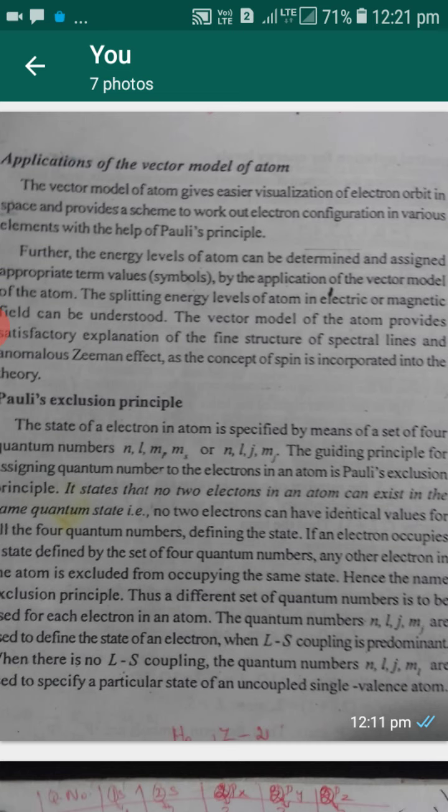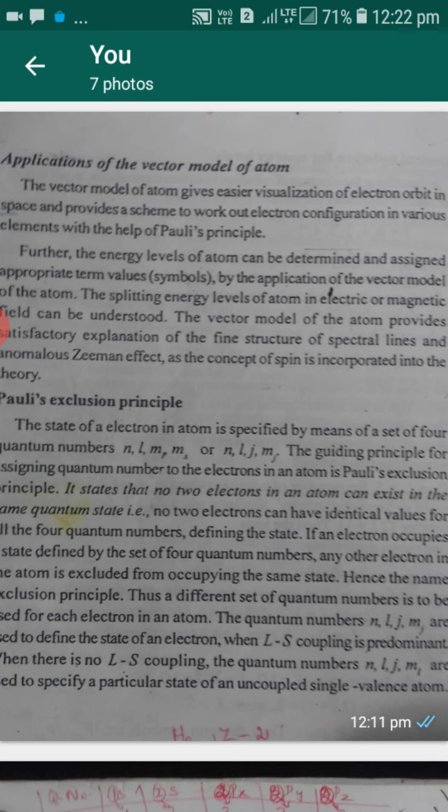The next is the total magnetic quantum number, that is MJ. It takes values from j, j minus 1, etc., to minus j, that is 0, minus 1, minus 2, etc., to minus j. Here 0 is not available. Therefore, the possible values of MJ are 2j plus 1 values. Here j is equal to L plus S, L minus S. These are the quantum numbers.